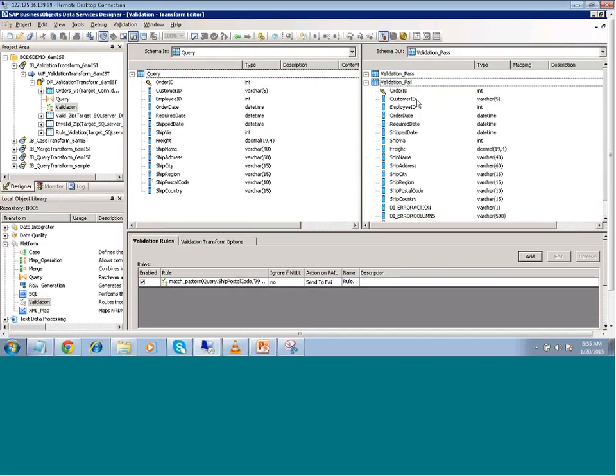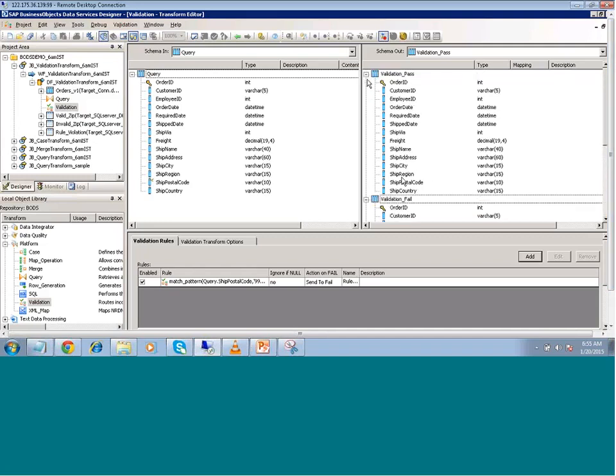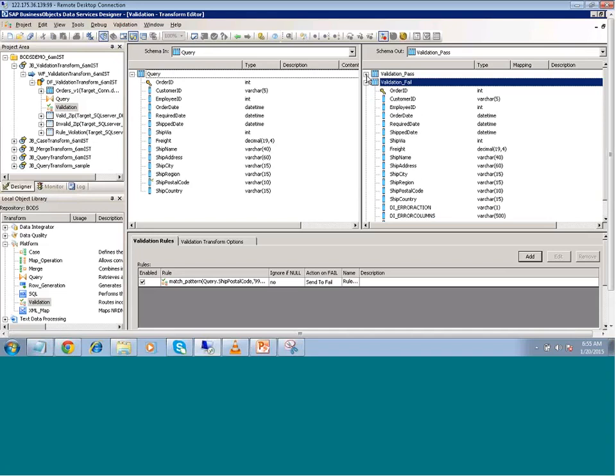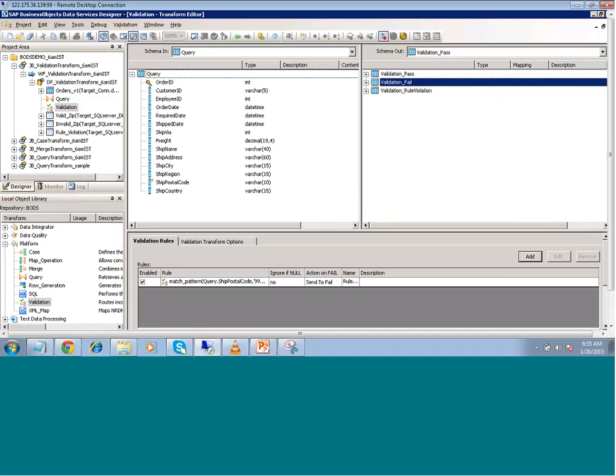But here, how many do we have? Apart from the 15, we have an additional 3 in the rule violation and the validation failure. And in the validation pass, what we have? We have 15 actually here. So this is called the validation pass, validation failure, and the rule violation. So that's the reason why I mentioned initially